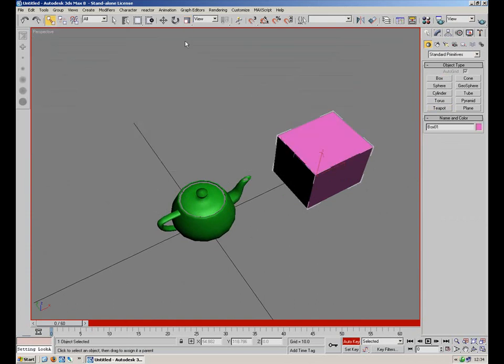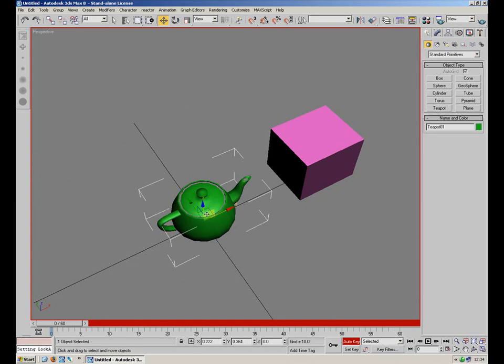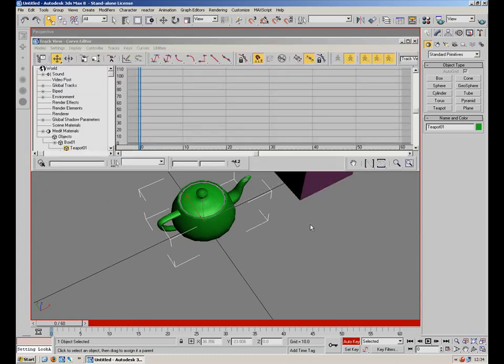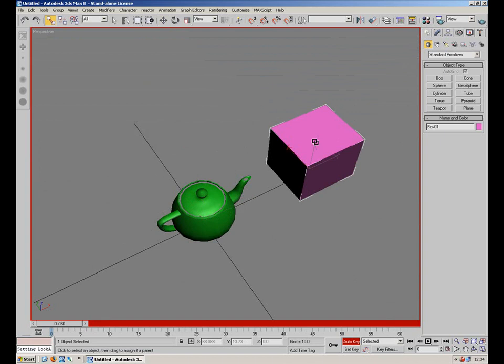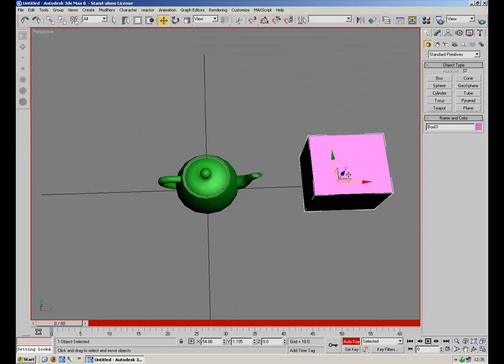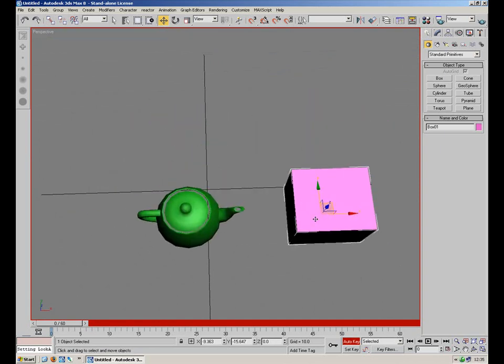And what this does is creates links between objects and dummies and things, which tells the computer which is the parent and which is the child. So what I'm going to do, I'm going to click here to here. You click and drag, and what that allows us to do is basically link the objects together,